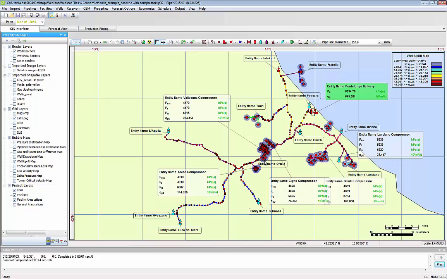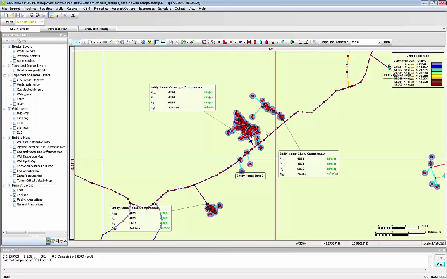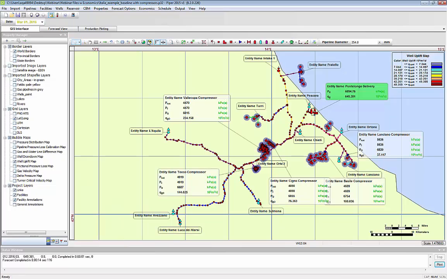So while we may have room to adjust our well drawdown, we may not realize a lot of uplift in many of these areas. However, in some of these areas, there's quite a large quantity of wells, and so it may turn out that improving deliverability in these areas, even with a smaller uplift available per well, the overall increase in rates may in fact be worthwhile. I'm going to turn the well drawdown map on again